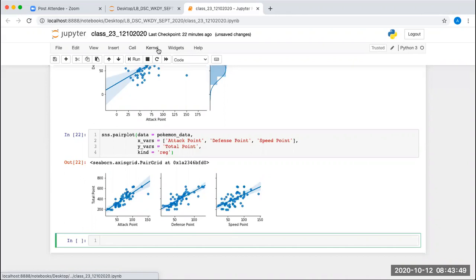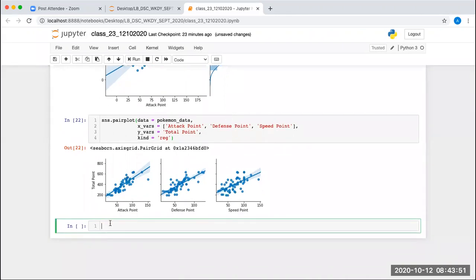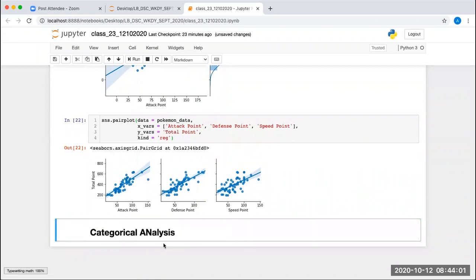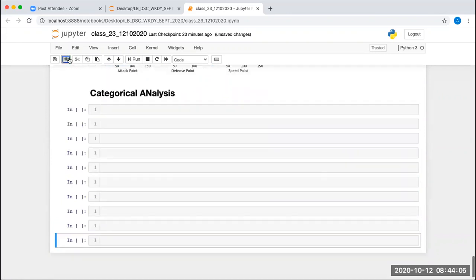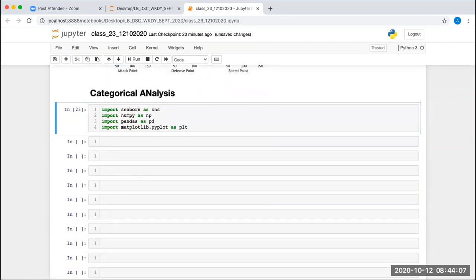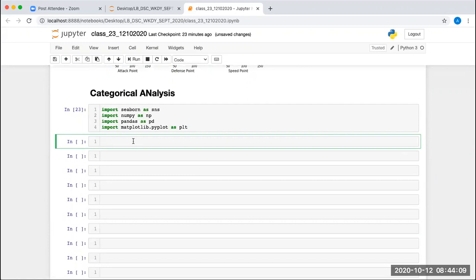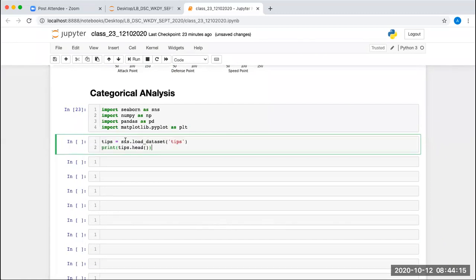So, categorical analysis. What specifically we are going to do is import a built-in data set available in the SNS library. That is the tips data set.